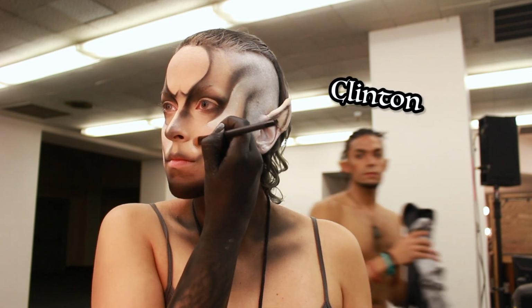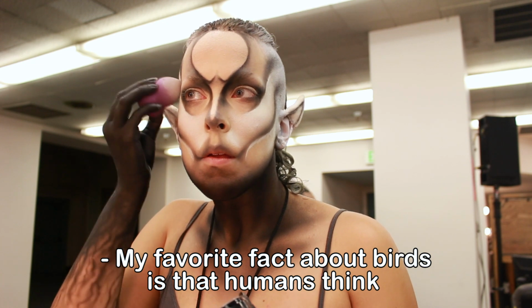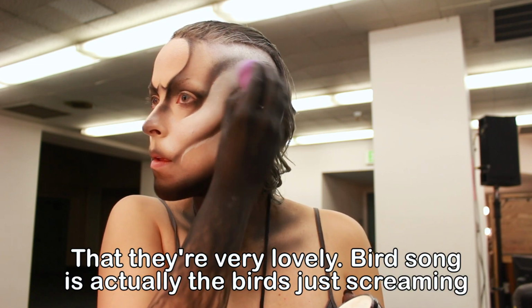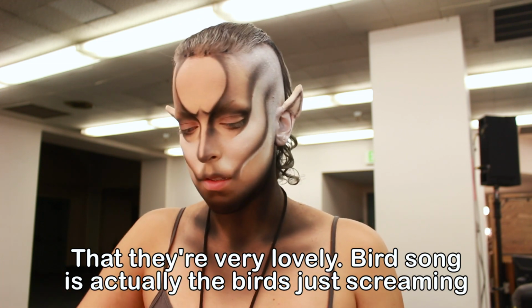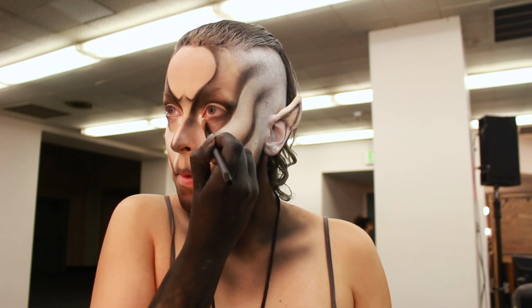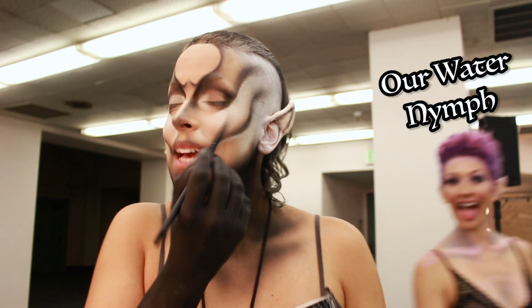This is Clinton, the director of our room on Javia. My favorite fact about birds is that when humans think they're hearing lovely bird song, it's actually the birds just screaming, "Get away from my kids!" So Javia has a lot of magical creatures like Alejandra, who played our little sweet water nymph that I get